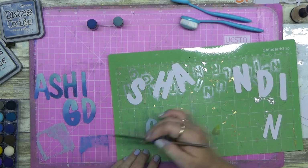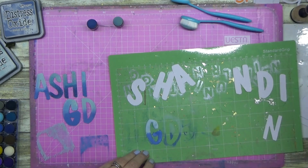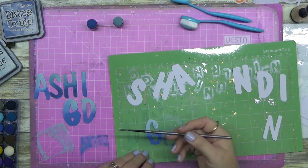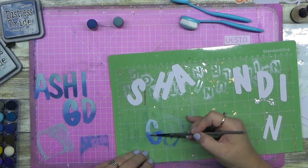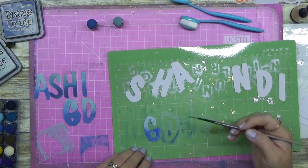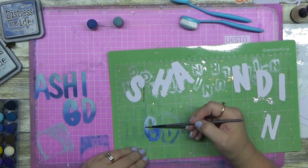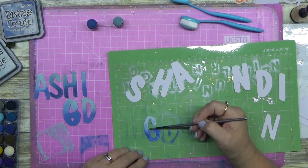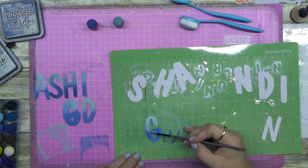The Distress ink does the same deal. And then just blend the two again the same way. Grab some water on the end of your brush, not too much. And if you just put it here in the center, can you notice how it just gushes towards one another? And that way you get a good even blend. Again, if you want to come in with a bit more ink here,